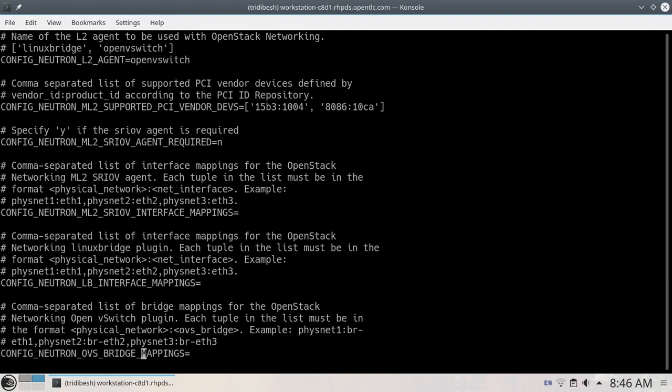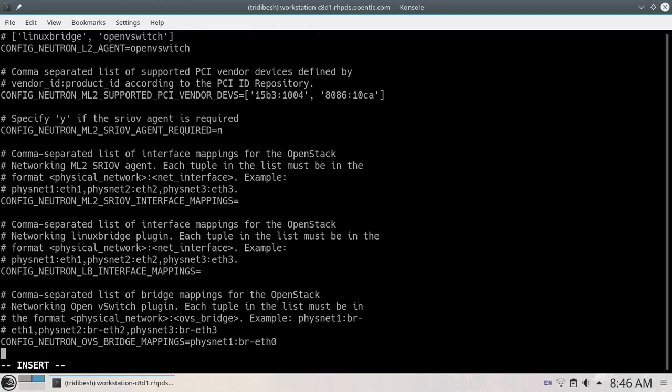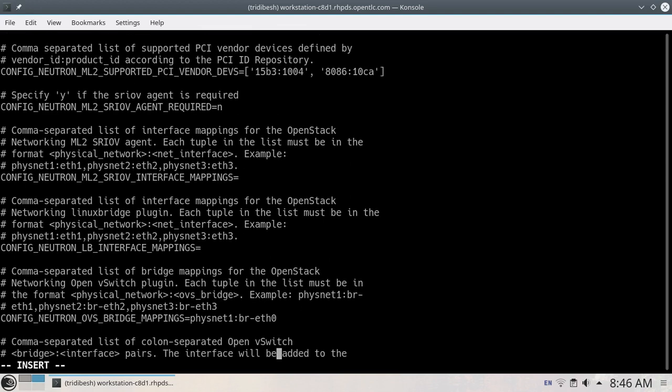So here you need to do the mapping of your arbitrary name, whatever you create with that. So you give, and then you give br-eth0. So this is what you are doing. This arbitrary name we have created in our range section, and then we are mapping that to the physical bridge, that is br-eth0. So this is the bridge we will have as a bridge interface.